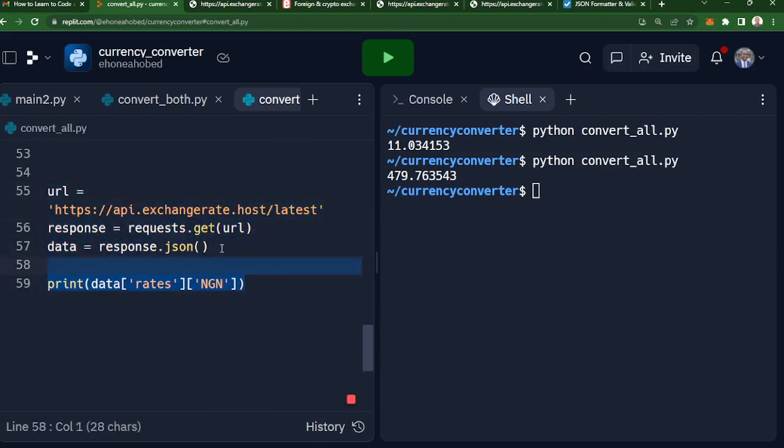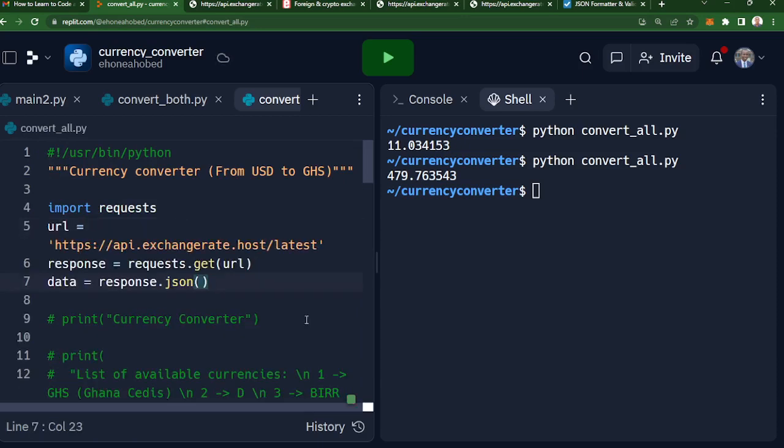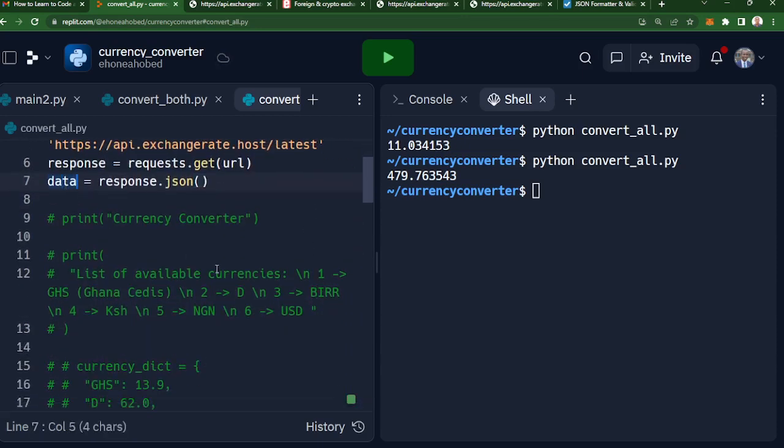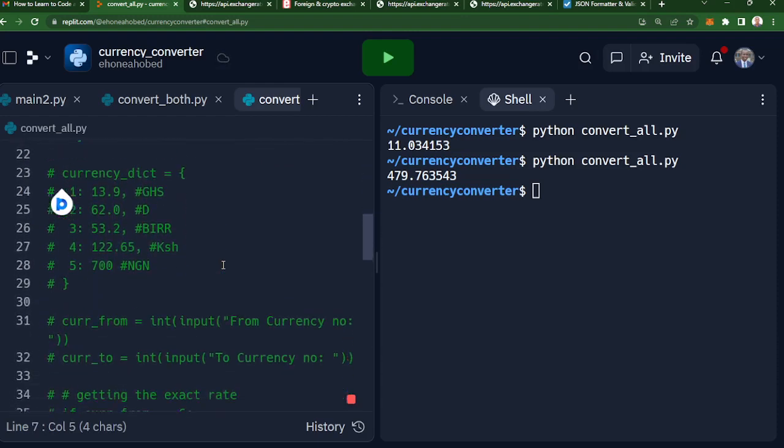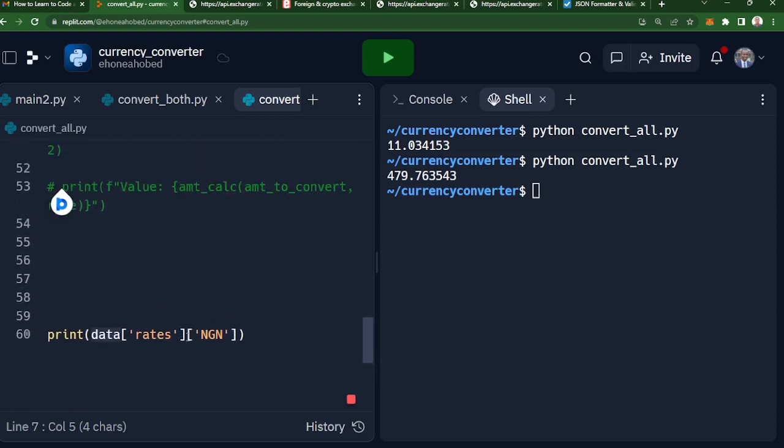So we may want to put this at the very top of our program so that we get access to the data, and we can use it anywhere that we want the currency. This is how we access the rate for a currency. We say data rate, then